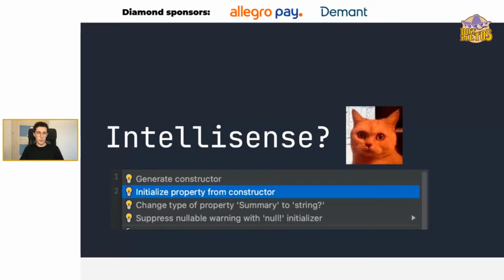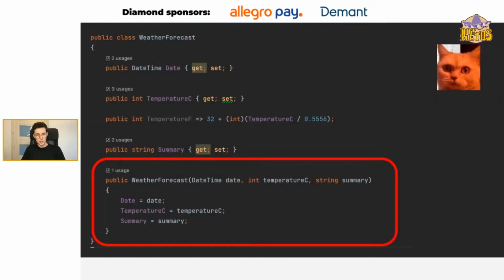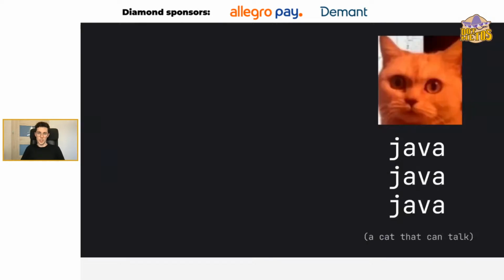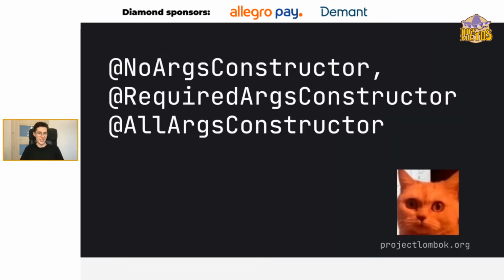So initialize properties from the constructor here. So all right, seems fine. Now we don't have this problem, kind of. But now I stop and say, it looks like Java, Java, Java. No, I have an initialize block and I'm gonna use it. Some JVM lovers would notice a very common pattern here and use a Lombok, for instance.